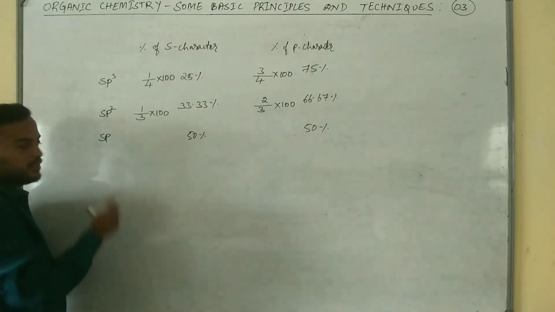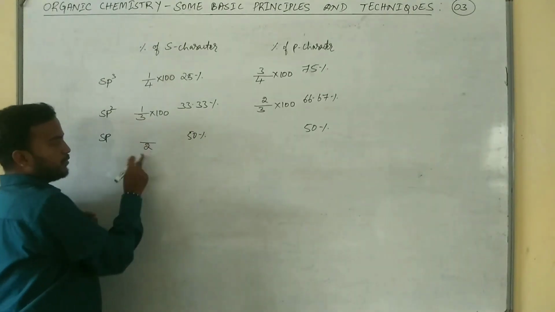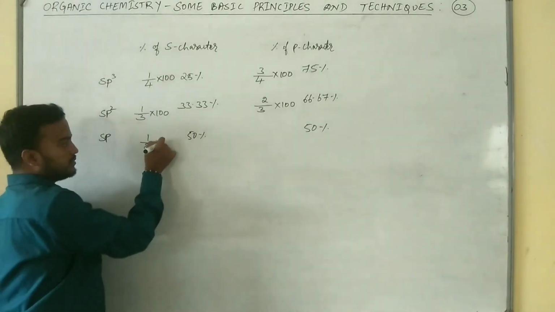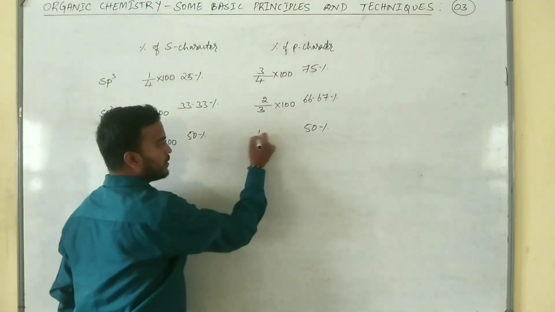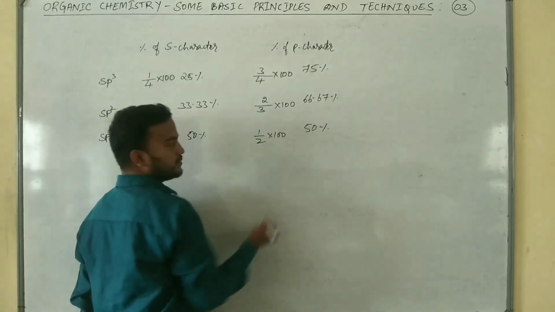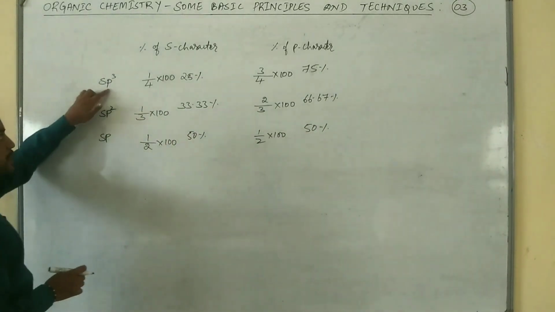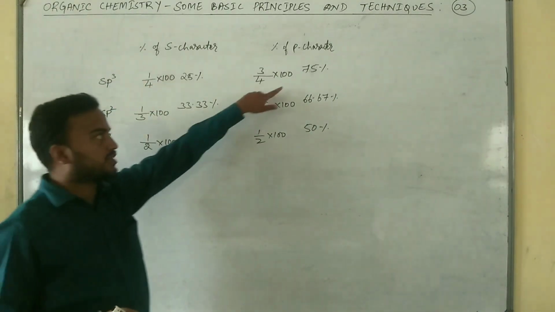Same in this case, we have only 2 hybridized orbitals. Out of 2 hybridized orbitals, we have only 1 S orbital into 100. So we will get 50%. Same, 1 by 2 into 100, we will get 50%. So in sp3 type of hybridization, percentage of S character will be less and percentage of P character